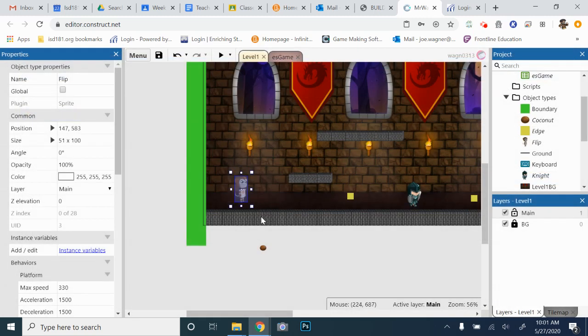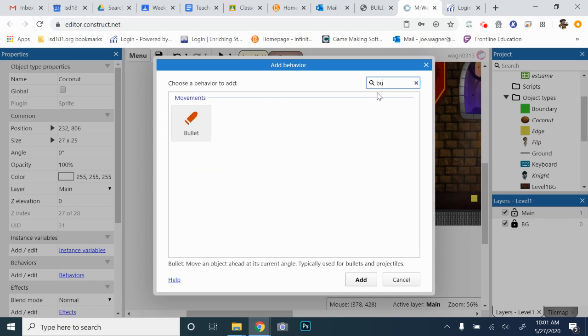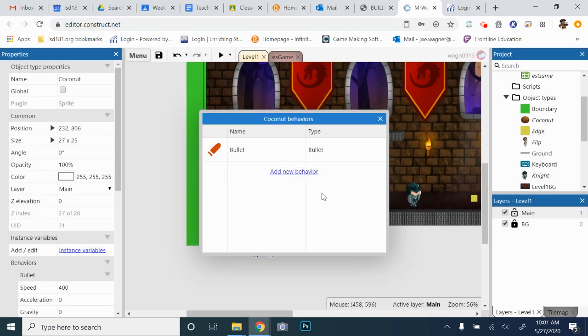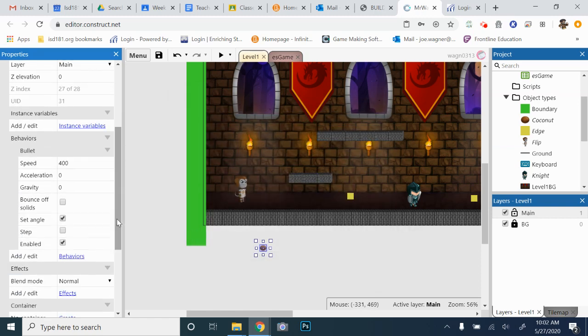Okay. All right. So I've got that. The coconut, we have to add a behavior to it. So I'm going to click on that. We're going to give it a behavior, and it's going to be called bullet. So you can just type it in if you don't want to look for it. Bullet behavior basically is just programmed to make it fly in a straight direction. If you did Asteroid Destroyer, you know how that works already. So then on the left side here, we're going to change the speed to 1000 in the properties for